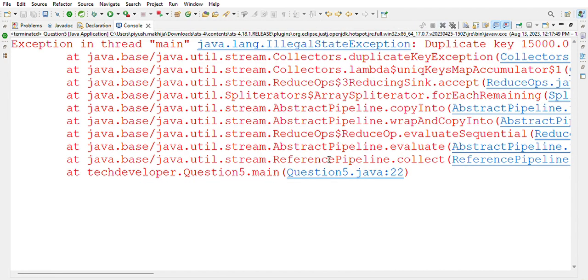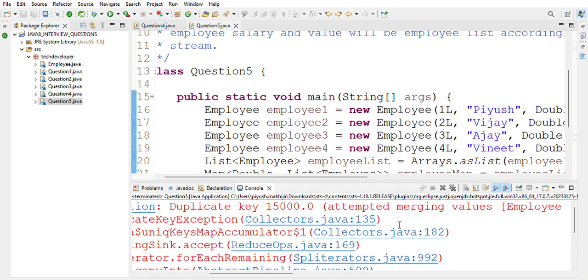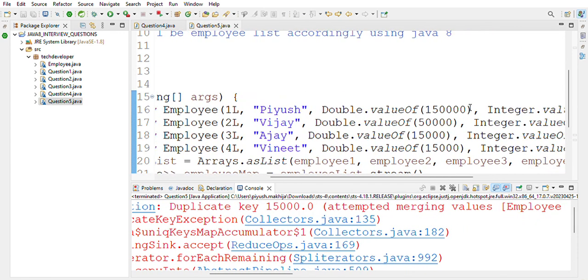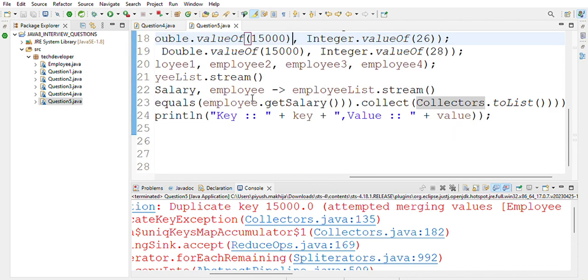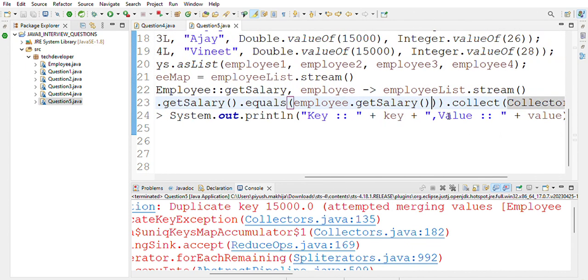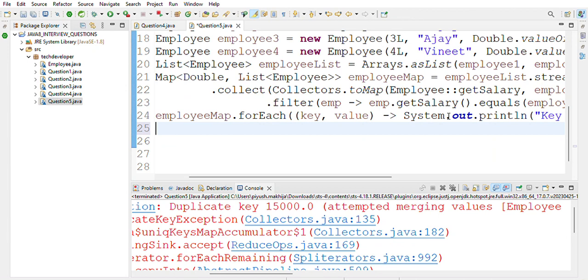So it is giving me again, one second. It is giving me the exception because a duplicate key is there, right? But we have the 15,000, right? So here the issue is that the key is getting duplicated because we have employee.getSalary, right? But to resolve this, we can go with another solution,